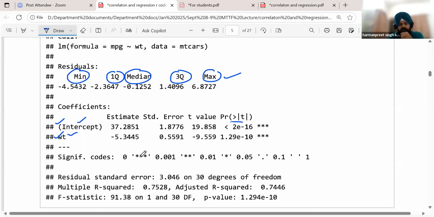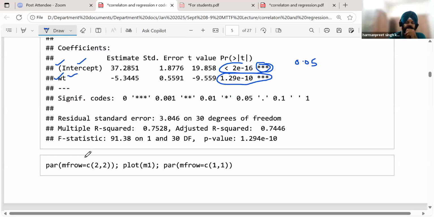We got that both are coming significant because the p-value is less than 0.05, and to cross-check, if the asterisk symbols are written corresponding to a coefficient, that means automatically it is less than 0.05. Okay. Now the interesting thing I want to explain is the multiple R-squared. Here the value is coming as